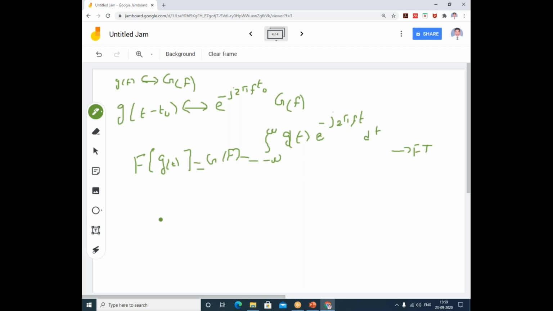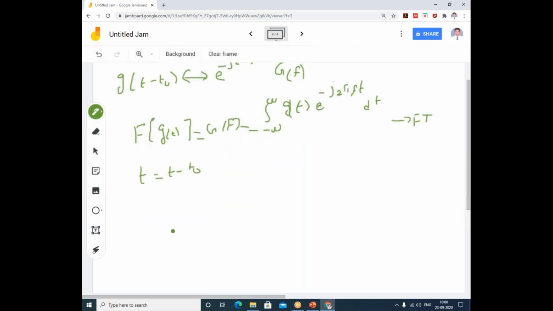Now what I'll do is replace t with t minus t naught. When you replace t with t minus t naught, let us see what will happen. If you replace in the same formula, t with t minus t naught, then you need to find the Fourier transform of